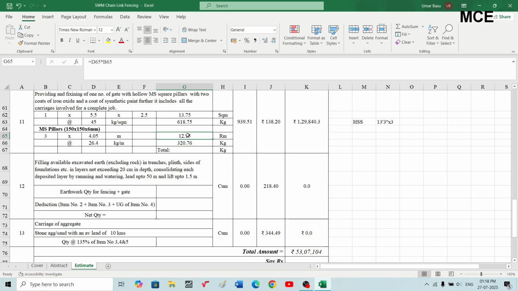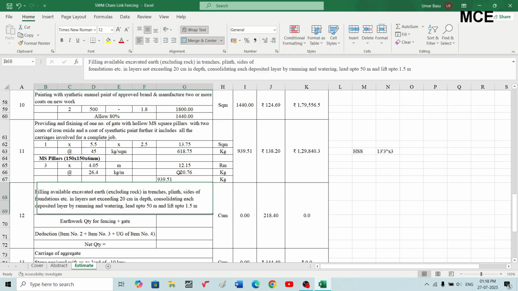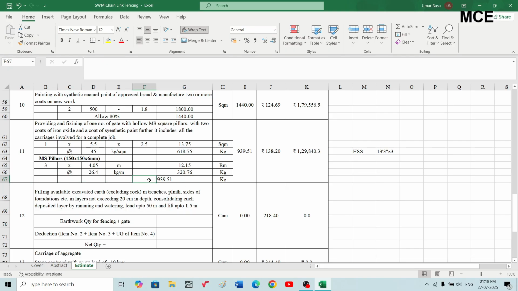So the total quantity of structural steel required here will be 618 plus 120 plus this, which is 939.51 kg. And the rate for this item in SOR, that is providing and fixing of structural steel, is 138.20 Indian rupees per kg,